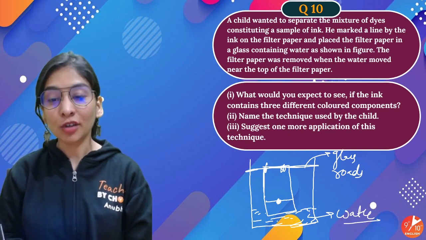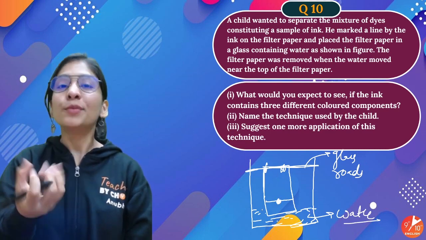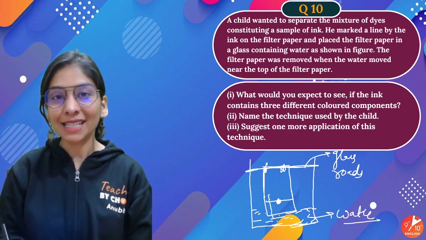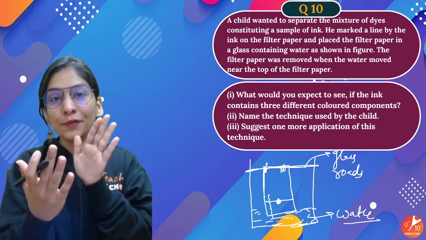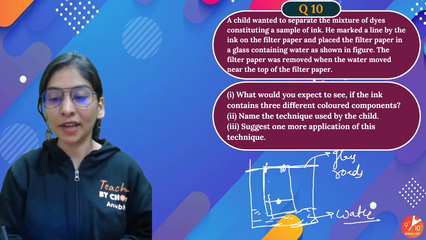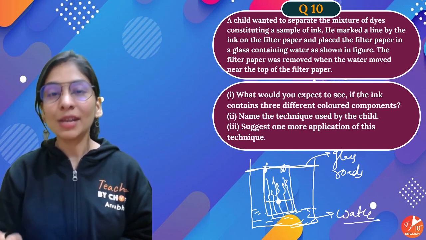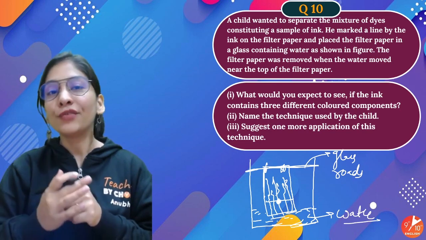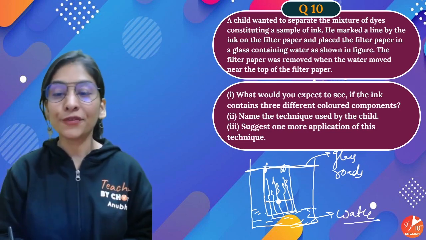You know that water is a solvent and that can be moved with the paper. I say absorbed by the paper. So water starts rising on the paper because it can be absorbed by the paper, having a kind of adhesive force, a force that can hold two substances together. So water starts rising on the filter paper, but as soon as it touches the point of ink, the ink containing different colored components can also separate out due to difference in their solubility